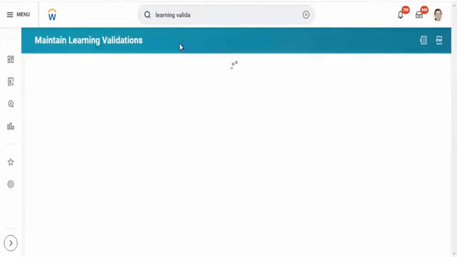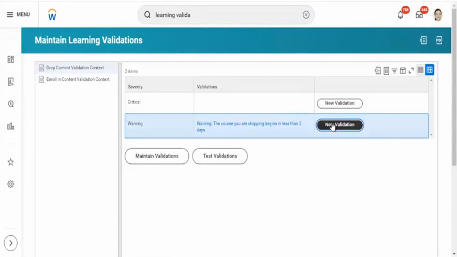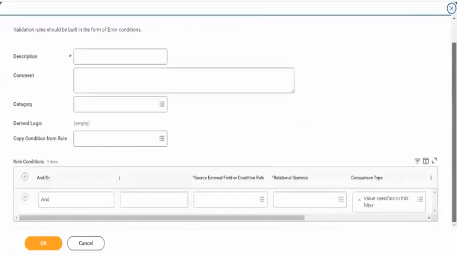There is something called maintain learning validations. If you want to do some kind of validations, drop content validation. Whatever warning message we got when we were dropping comes from here.